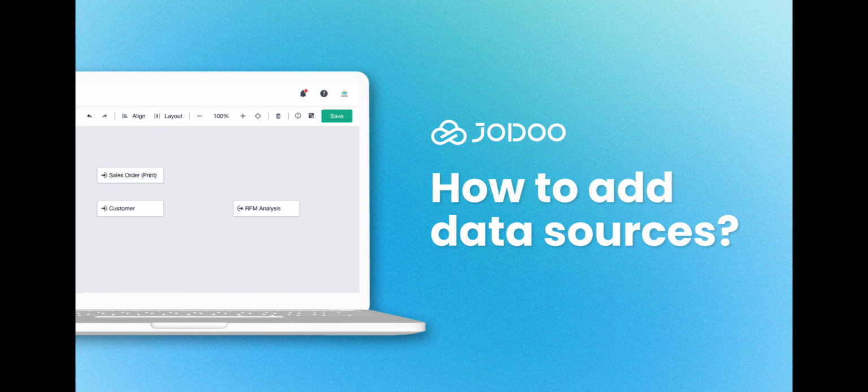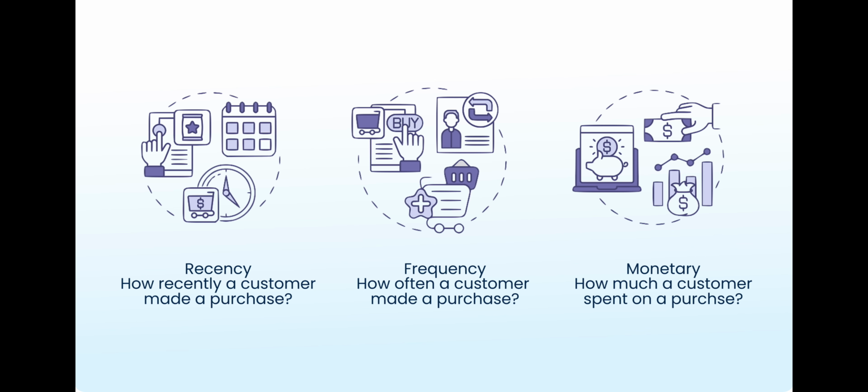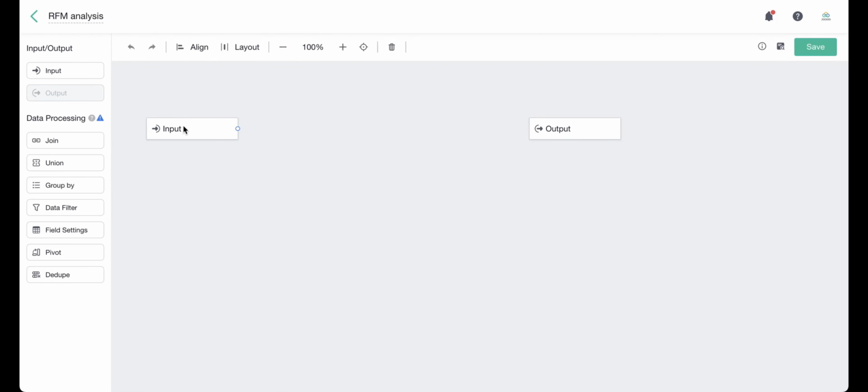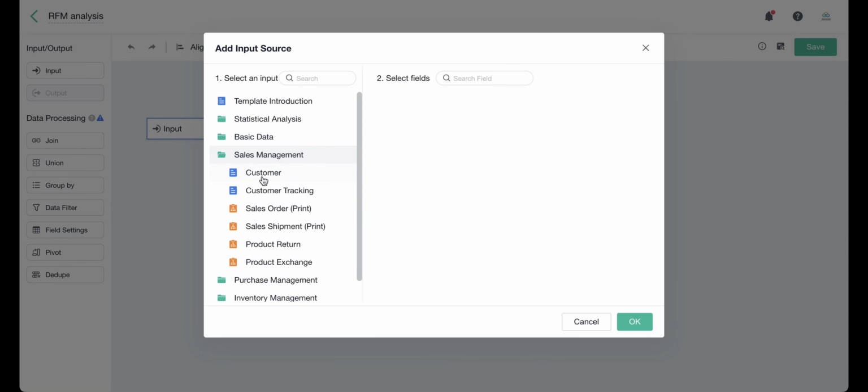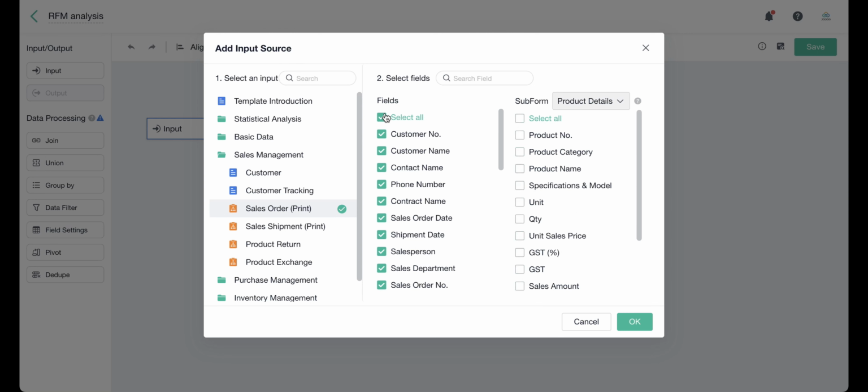In this video, let's add data sources for a data stream. Today, let's create an RFM analysis to predict customer behaviors. To make the RFM analysis, we need the customer and order details, such as the customer name, customer type, order amount, etc. Click the Input node and select a necessary data source. Tick the necessary fields